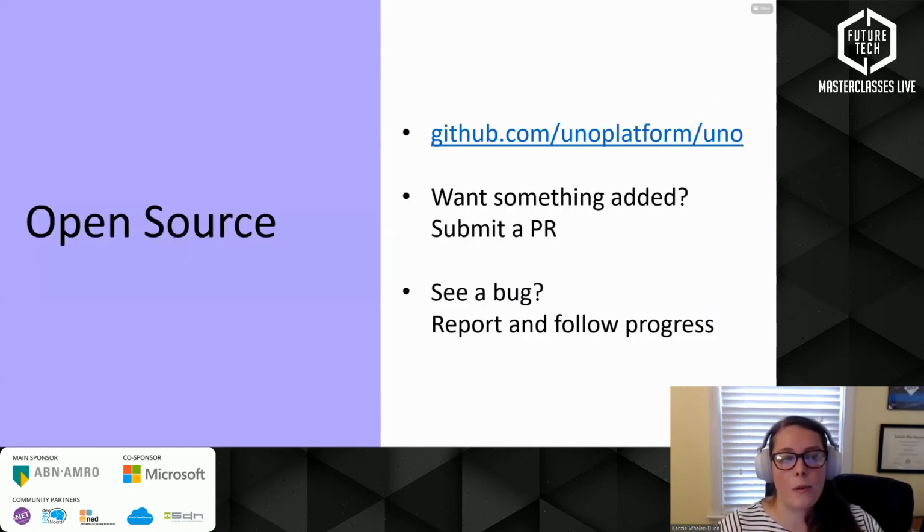Also, Uno is open source, and I just love that it's open source. It means that you can see everything under the hood. You can go and check it out. You can understand it better. This is the link to their GitHub. If you want something added, you can submit a PR. If you see a bug, you can report it and follow the progress. You're always kind of in with the development team.